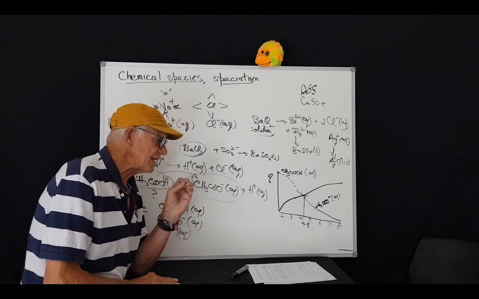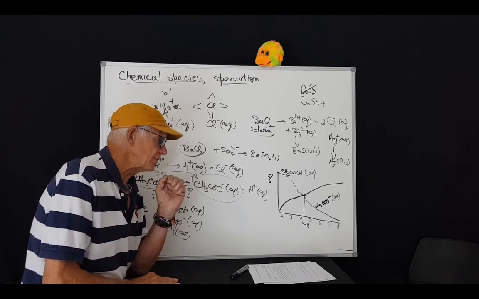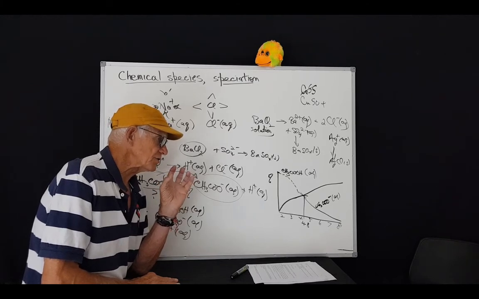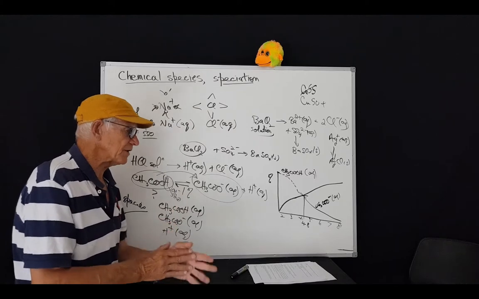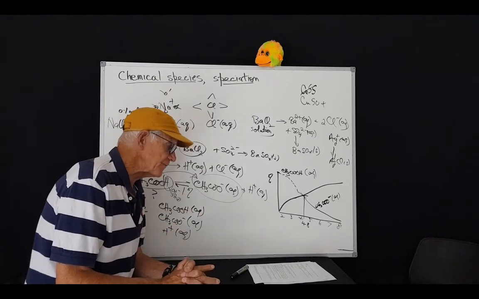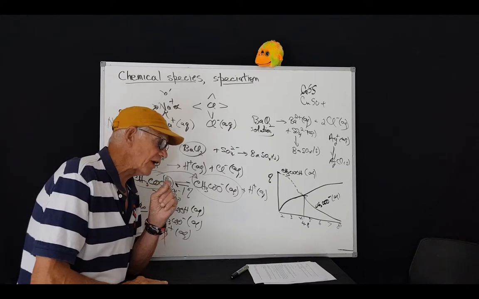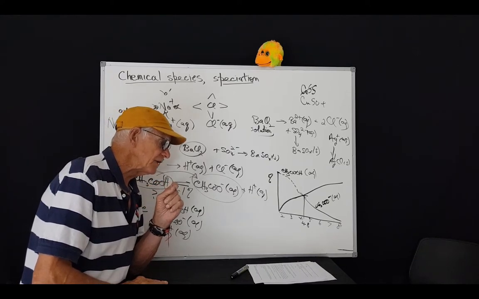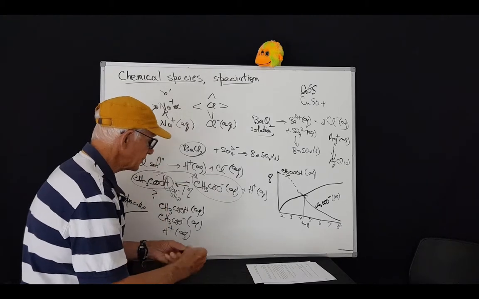Now, one last example, extraordinarily important in today's world, in the sense of increasing concentration of carbon dioxide in the atmosphere, which is happening. The data is quite strong that over the last 200 years, the concentration of carbon dioxide in the atmosphere is going up. If we dissolve carbon dioxide in water, like for example in the surface layers of seawater, the carbon dioxide forms